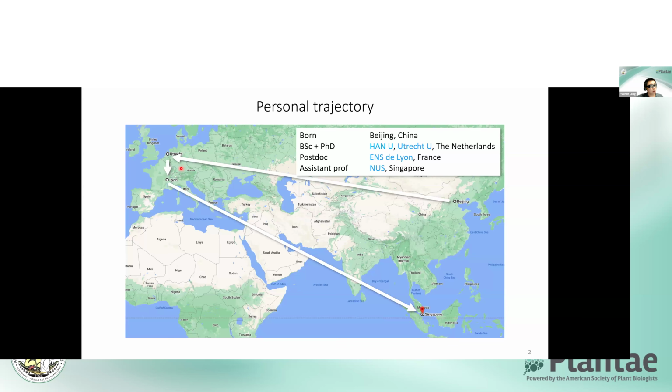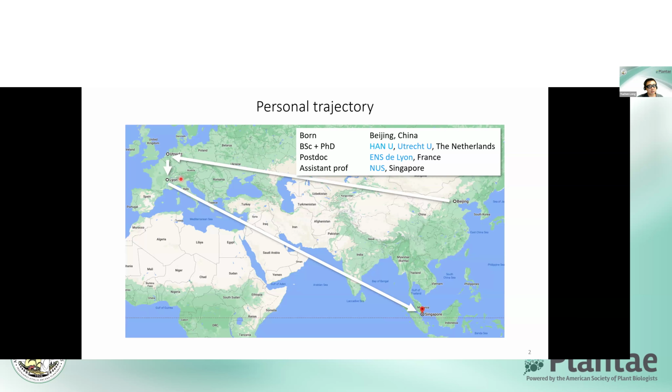Afterwards, I moved to France to do my postdoc training at the ENS de Lyon, and I think I took a rather brave step for myself to move from pure biology to the interface between biology and physics, joining a lab headed by Professor Areski Boudaoud, who is a physicist by training. In this lab, I really learned a lot about how to work together with a group of interdisciplinary researchers under the same roof, as well as across continents.